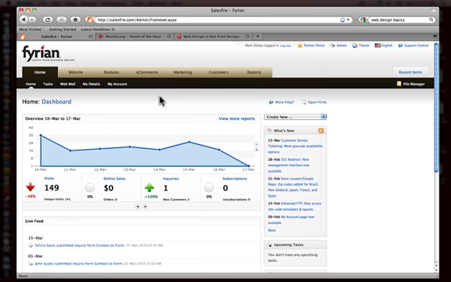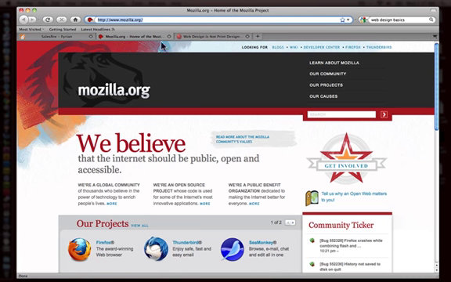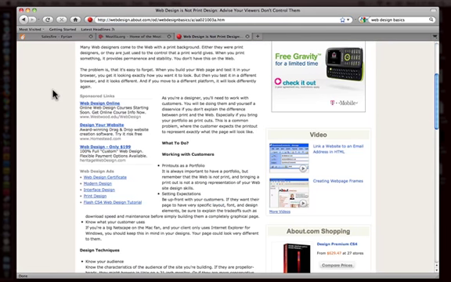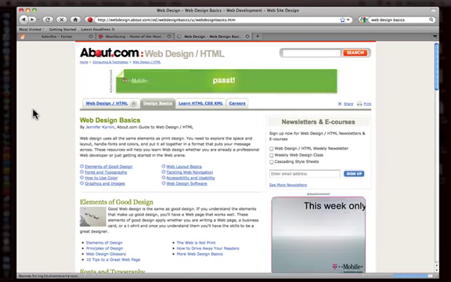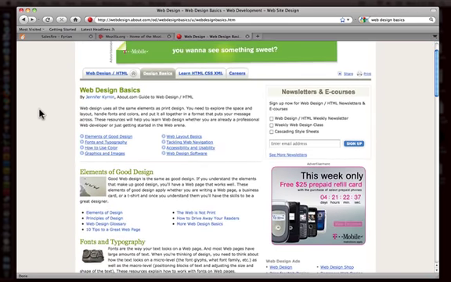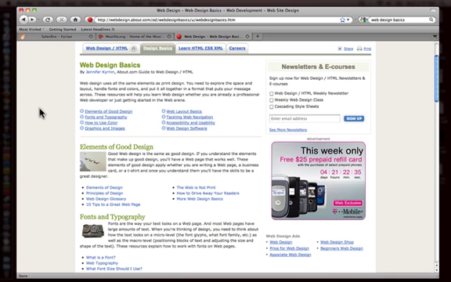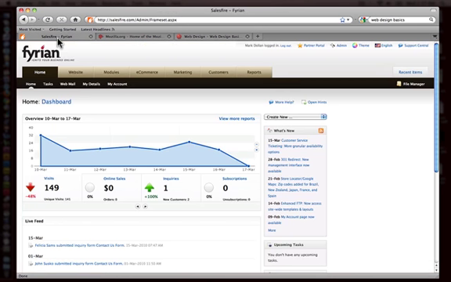I certainly encourage you to check out mozilla.org to get the Firefox browser, and definitely read this series of articles on about.com regarding the basics of website design to give you a general understanding of what it is that you're actually working with. And then go ahead and log into your site and start poking around, and certainly check out